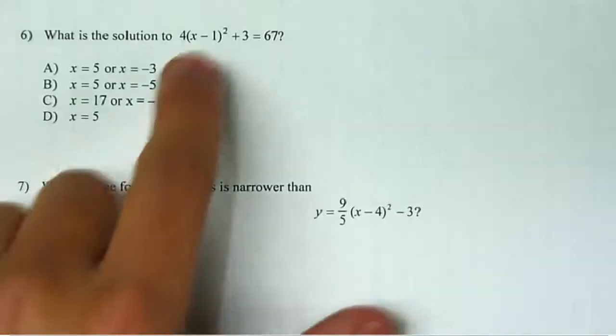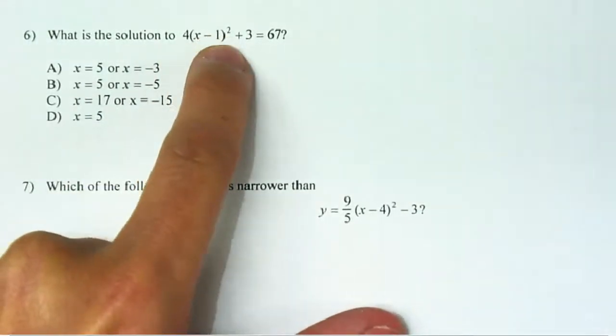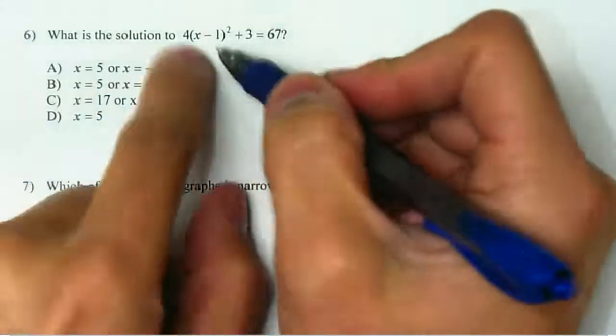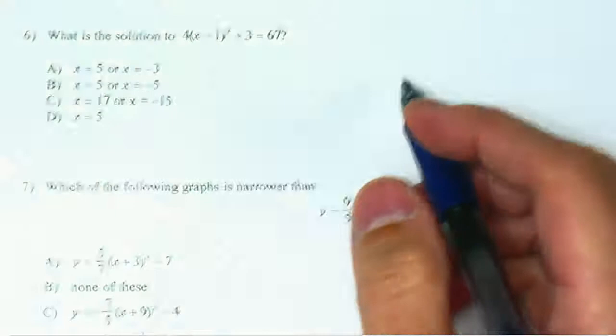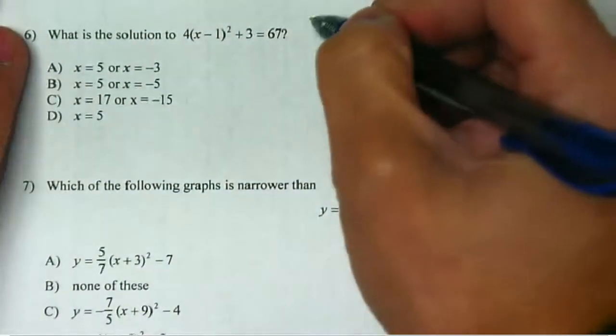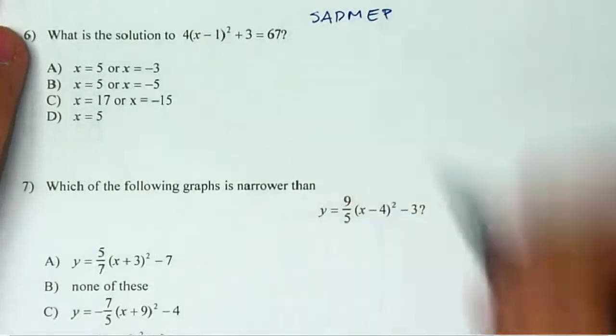For number 6, we want to solve for x. So we see it's a quadratic because there's a squared in our problem. But this one, since there's only a single x inside those parentheses, these are the types that we can just solve by moving everything to the other side. So again, I like to think SADMAP because this helps us remember what order we can move things away from